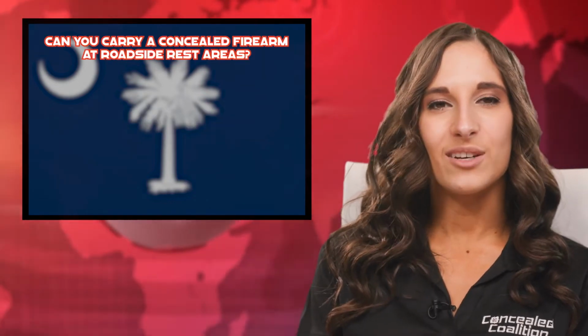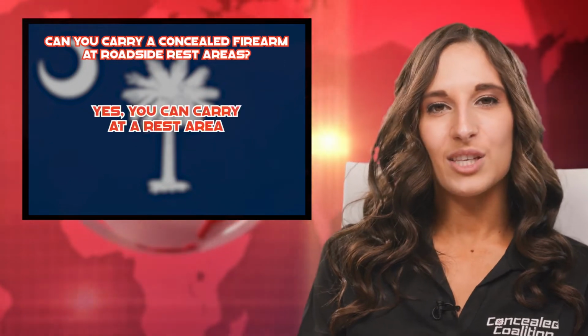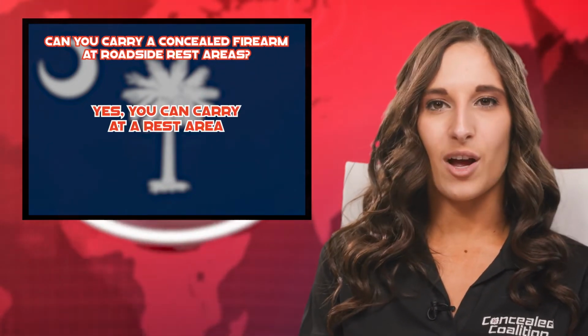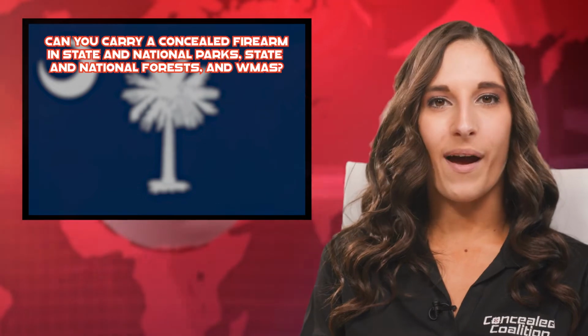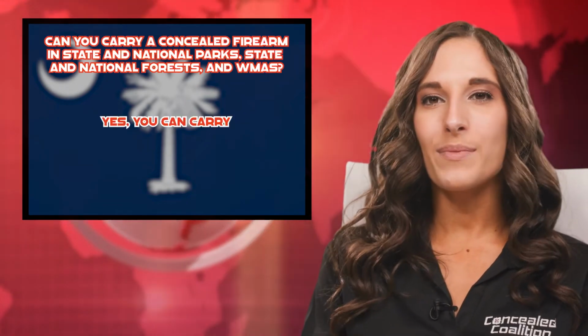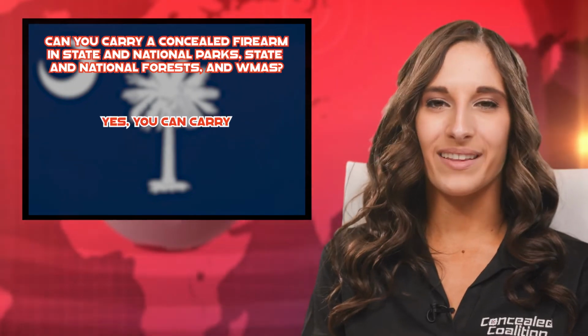Can you carry a concealed firearm at roadside rest areas in South Carolina? Yes, you are permitted to carry at a rest stop, but you may not carry inside any rest stop buildings. Can you carry a concealed firearm in state and national parks, state and national forests, and wildlife management areas in South Carolina? Yes, you are permitted to carry in state and national parks, state and national forests, and wildlife management